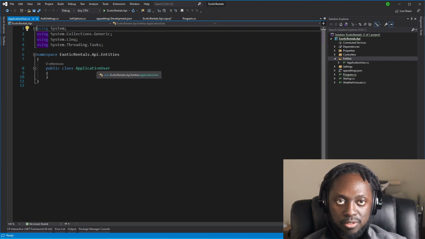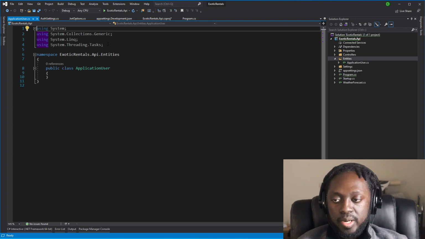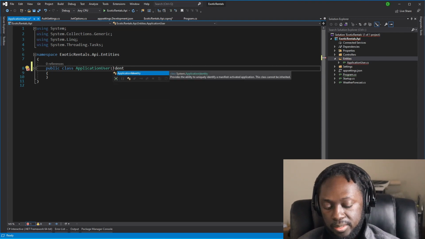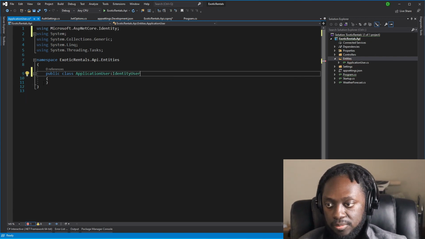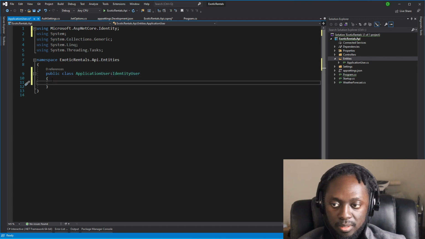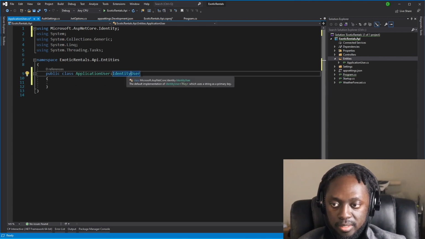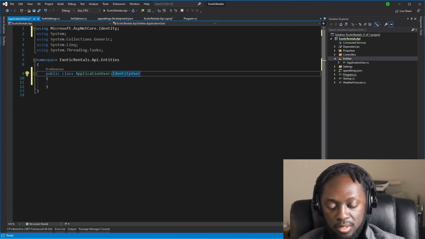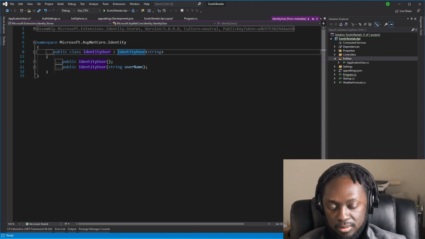But this user is a special kind of user. This user is tied in directly with ASP.NET Core Identity for authentication. So when we create an application user like this, it's not just a regular user. It's a user that specifically inherits from IdentityUser. Yes, make sure that it inherits from IdentityUser and bring in that namespace. And here what we can do now is update the identity user. Now the reason we're doing this instead of going with the base identity user, and again, you don't have to actually create this separate user, the framework goes and creates it for you. The reason we did this is because when you go look at IdentityUser,